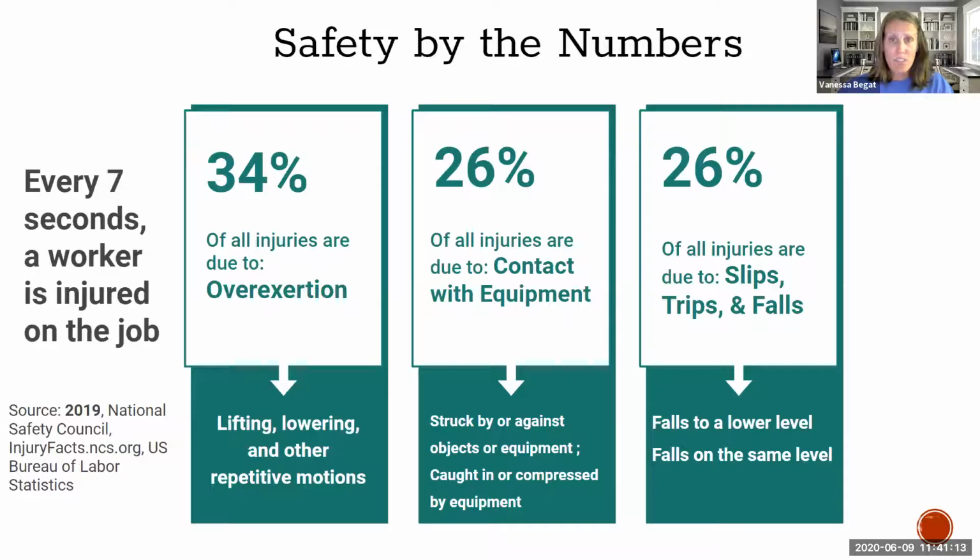Contact with equipment. So this is if you have maybe long sleeves or a lanyard or maybe even your long hair and that gets caught in a machine, 26% of all injuries are due to something like that. And then another 26% due to slips, trips, and falls. And that can be falls at the same level or falls to a lower level, so falling off of a platform or scaffold. So lots of injuries, and we want to make sure we try to avoid those by having a positive safety